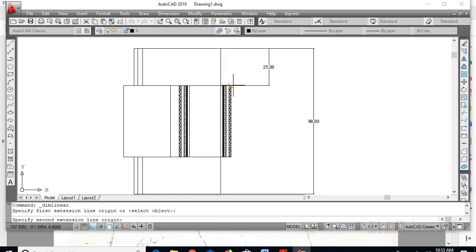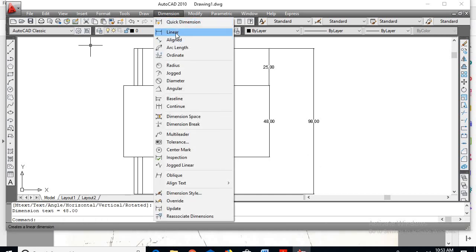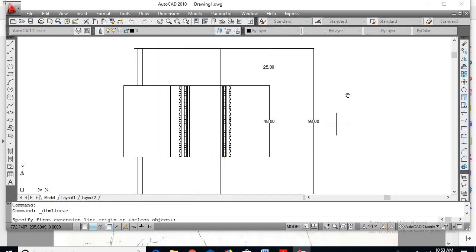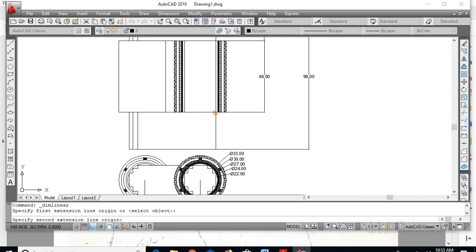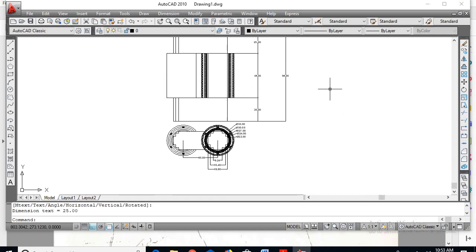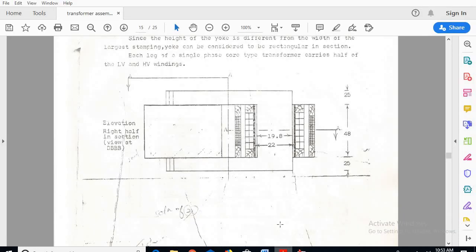Height of the core, 48 centimeters. Next, height of the yoke is 48 centimeters. Sorry, 25 centimeters. So this completes your diagram. It will be looking similar to this picture.